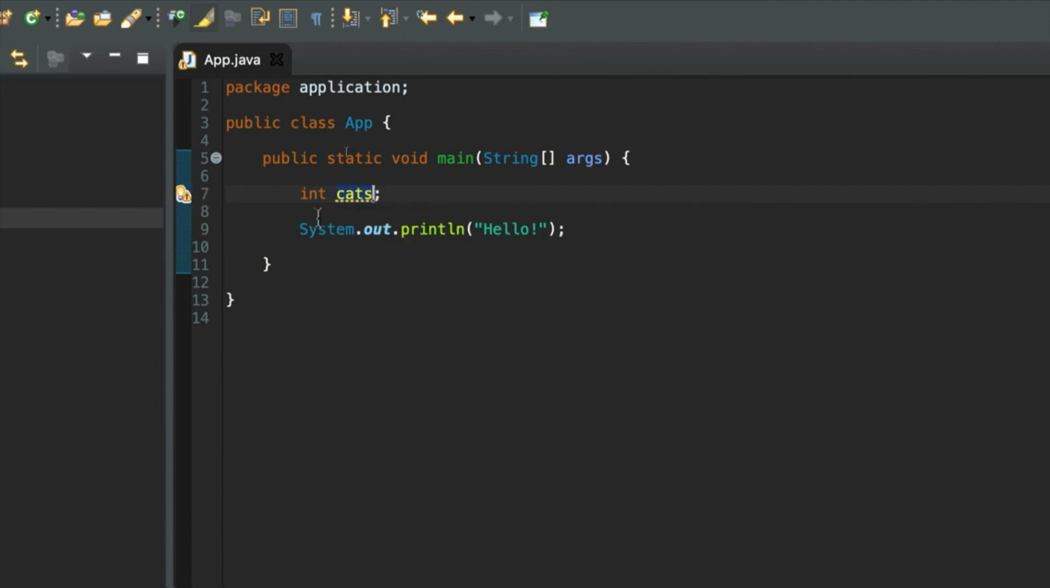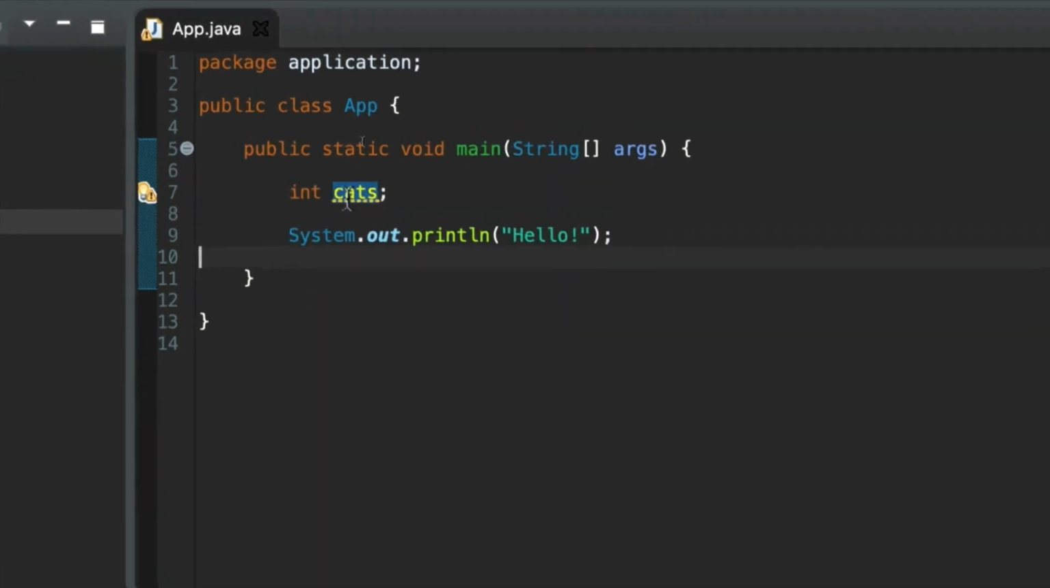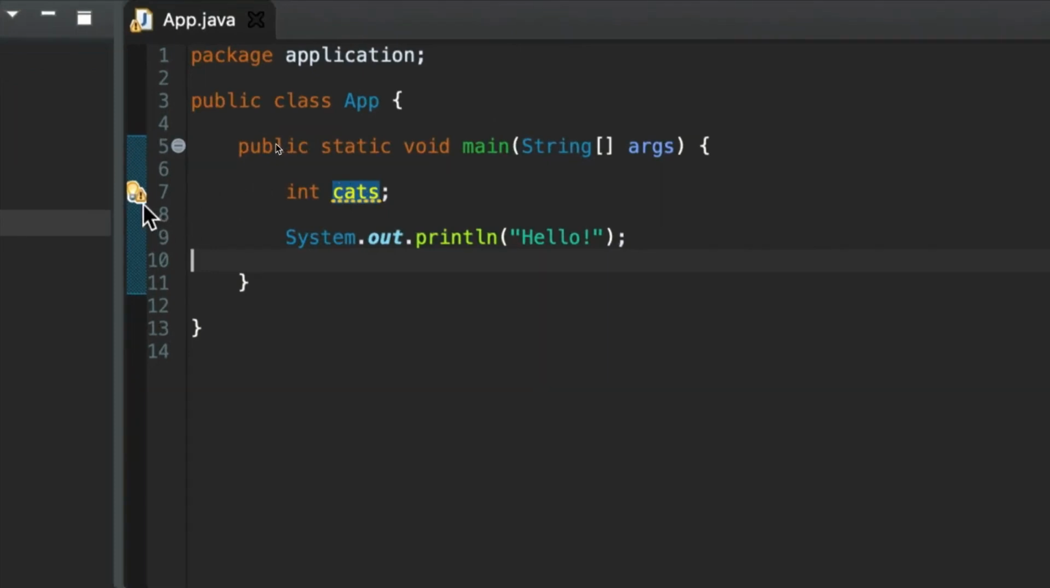So what's going on here? Well, first of all, let's deal with this yellow warning. So you see there's yellow underlining here, and in the margin there's a little yellow icon, like a light bulb with an exclamation mark in this version of Eclipse. If I hover over it, it says the value of the local variable cats is not used. What it's telling me is that I've created a variable, a thing called a variable, and I'm not using it,